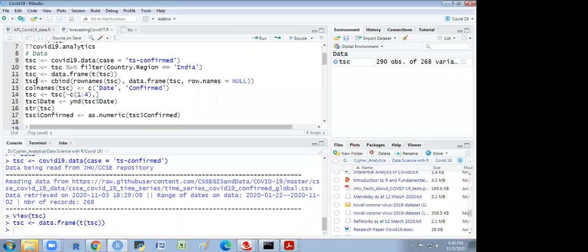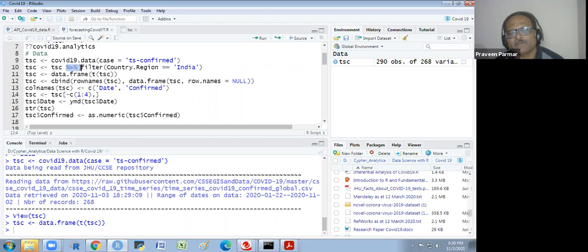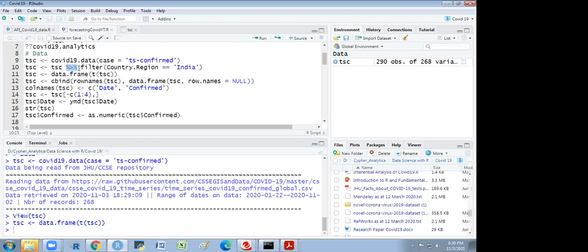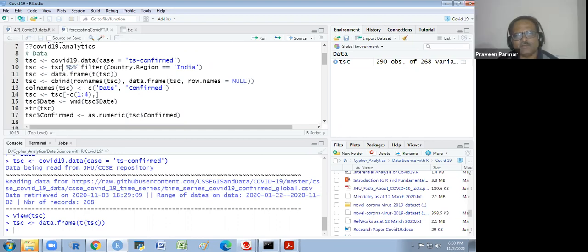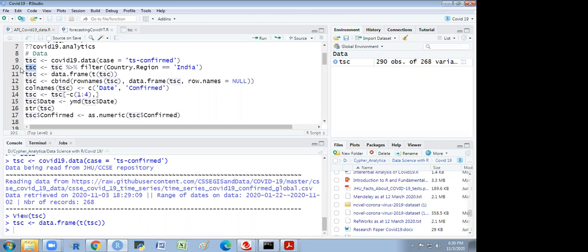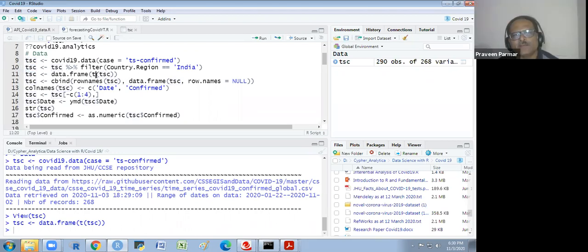But sir, here in front of the pipe operator there is again TCS. This is our data preparation. I will explain it to you; this is a dplyr function, and it is the next chapter after data visualization. So the TCS we have taken here, we are filtering this, and again we are saving it as TCS. Okay. Again can I save it, right? Yeah. Okay, thank you.